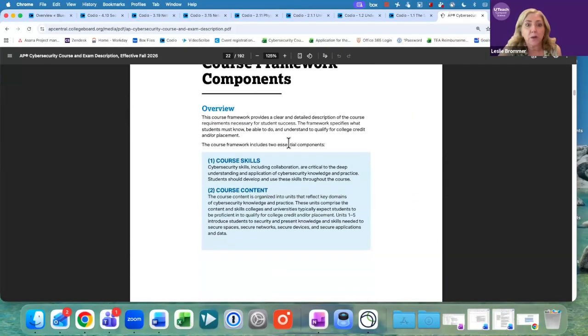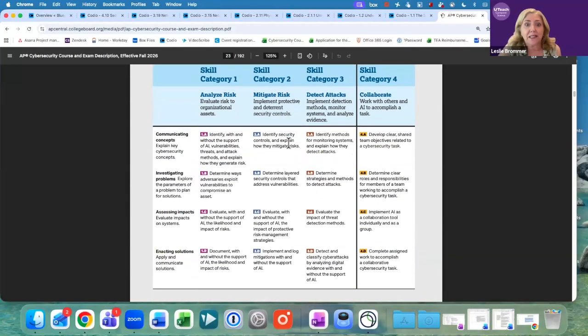There are two components, skills and course content. These are all the skills that are addressed during the lessons. You can see the collaborate skills, and that's where these unit projects come in because they're collaborating, working with other students. Codio has a great group work feature that allows you to toggle on a setting for an assignment and put students into groups.